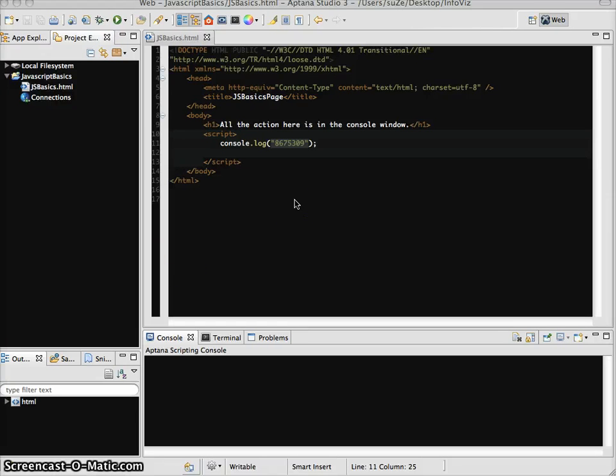Okay, so we're back here looking at our console log example, and we're going to use this opportunity to talk a little bit about data types. So data types